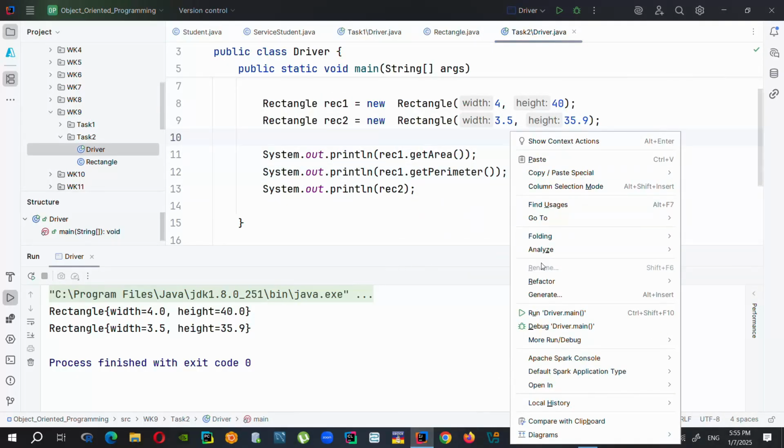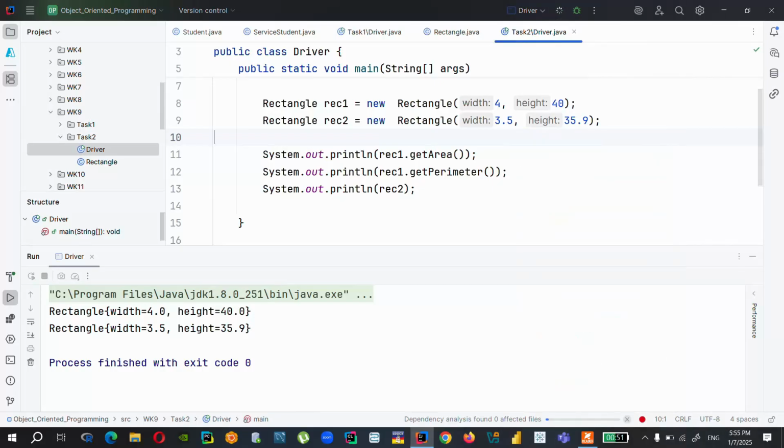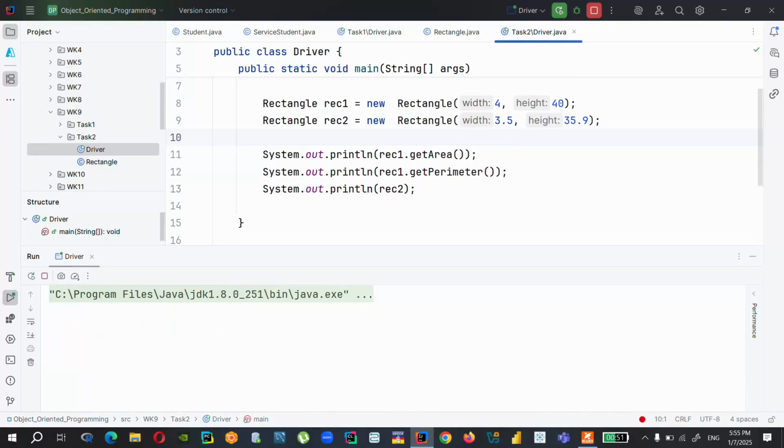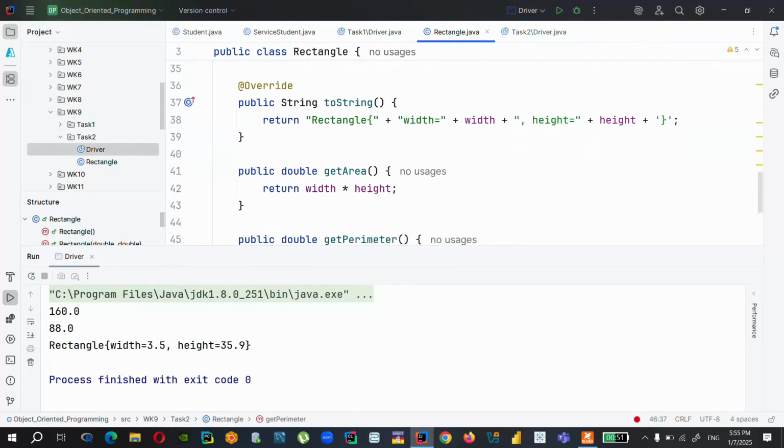Okay, so when you run this, you get the area and parameter, right? Okay, this is the area and parameter for the first one, right? So I can just modify here. I can actually put here what you call area,